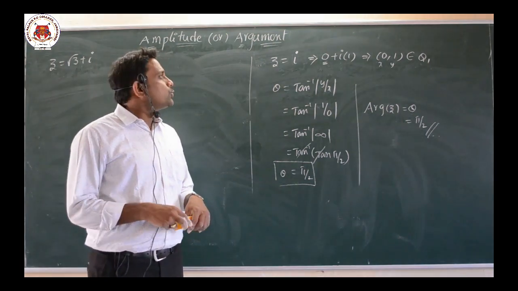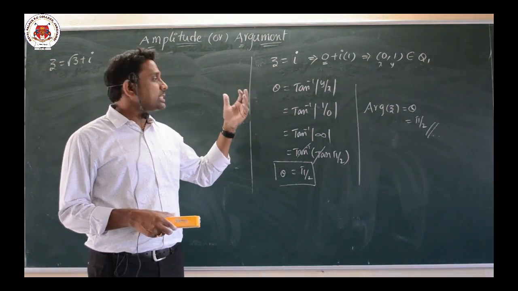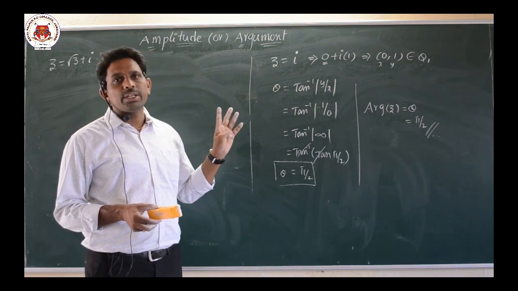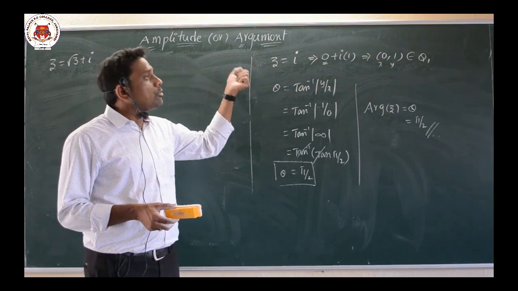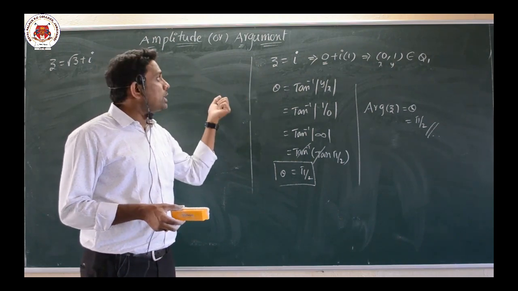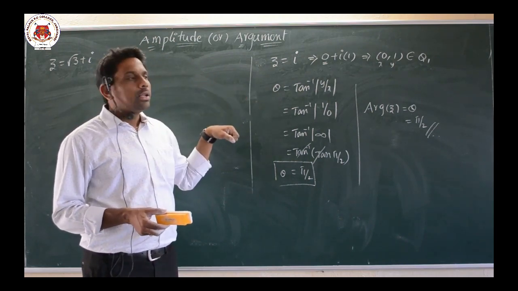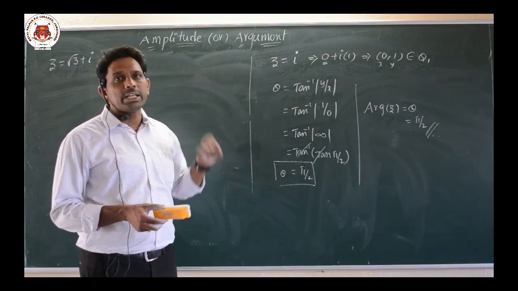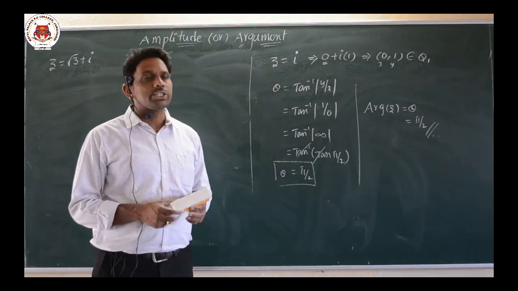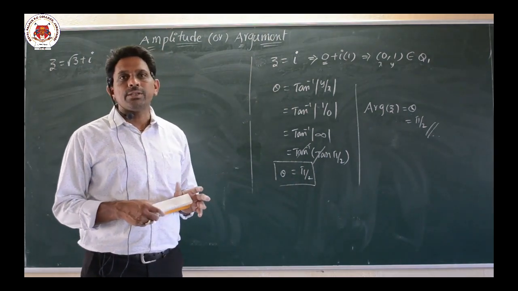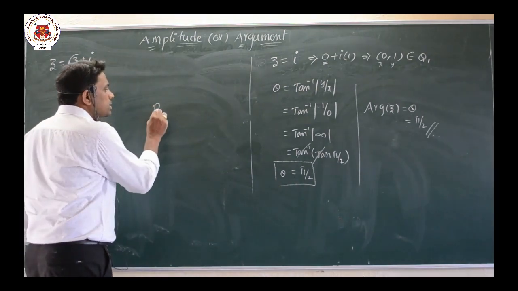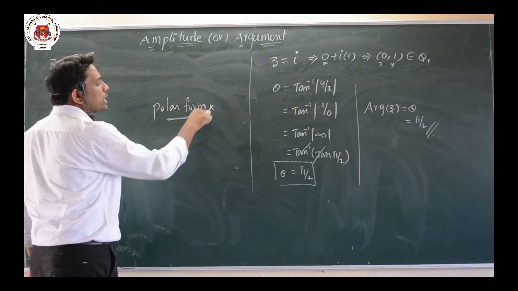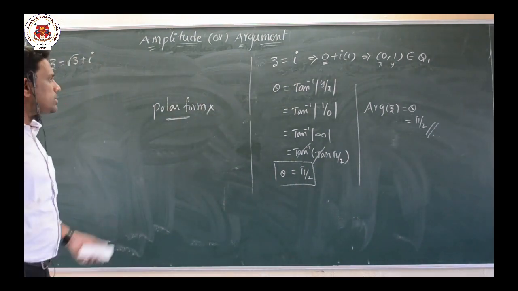In this complex number chapter, we discussed the modulus, what is real, what is imaginary, what is the Argand plane, what is the argument, how to find the modulus, how to find the theta value, and the quadratic equations. Everything we discussed in this chapter. One more topic is there, the polar form, but this year the polar form is removed from the syllabus, so no need to discuss it.